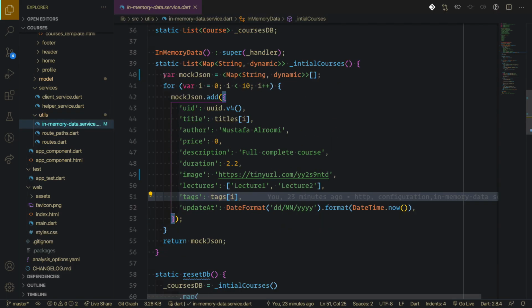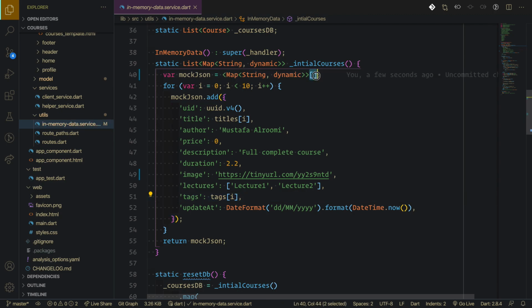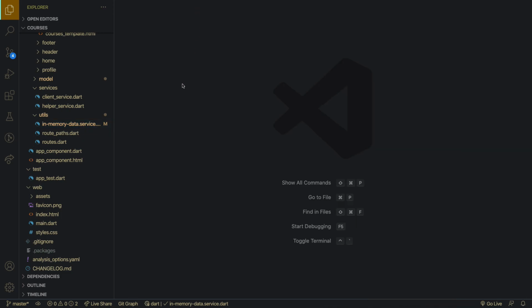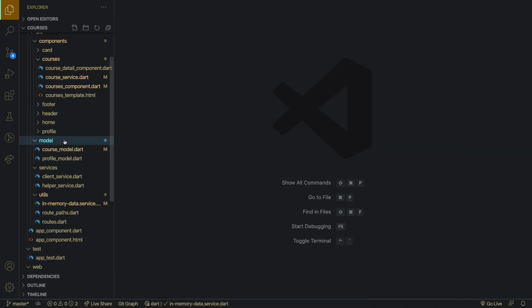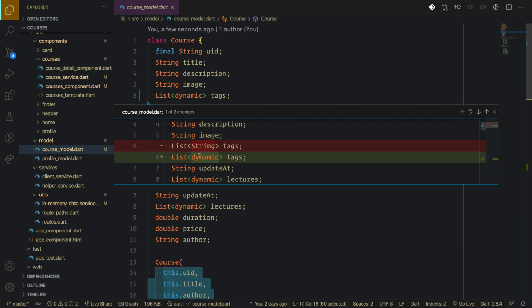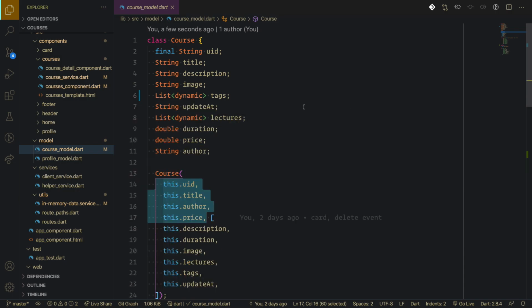First, we see the var mock.json here. It was just a map of string dynamic, and now we have just an empty array. We need to initialize it as an empty array. Also, I put some URL here instead of it being empty. So the rest will be the same here, nothing is changed. Also inside our model, if we go to the course model, instead of using the list of string